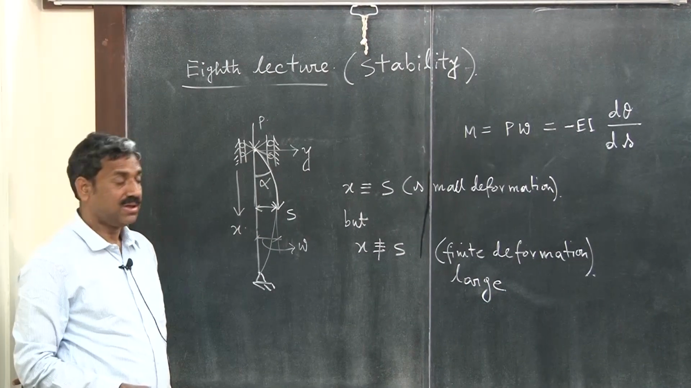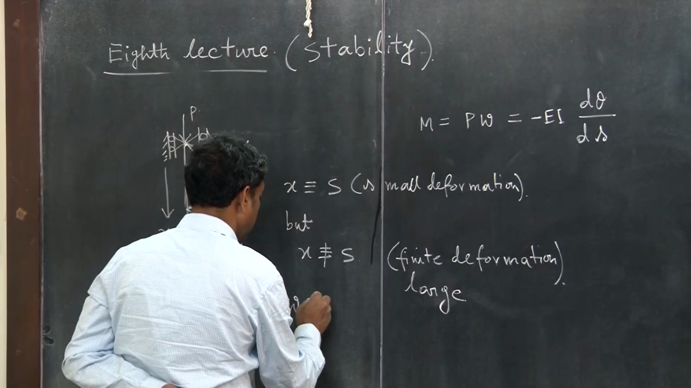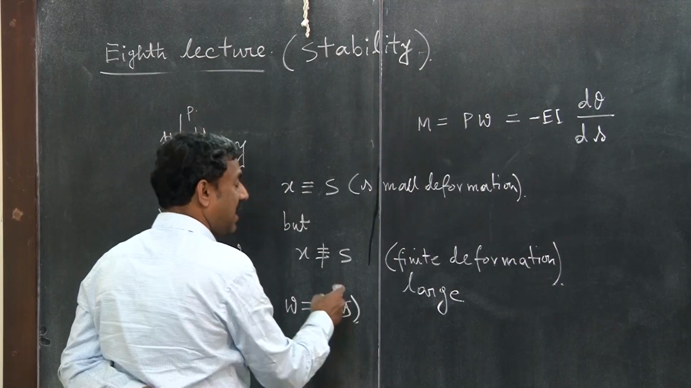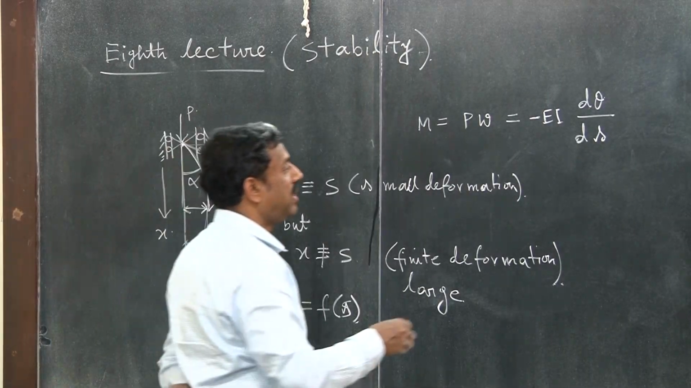So whatever we were writing as a function of x, we can write as a function of s, right? You can write as a function of x as well. There will be some mapping between x and s. So when I am writing,